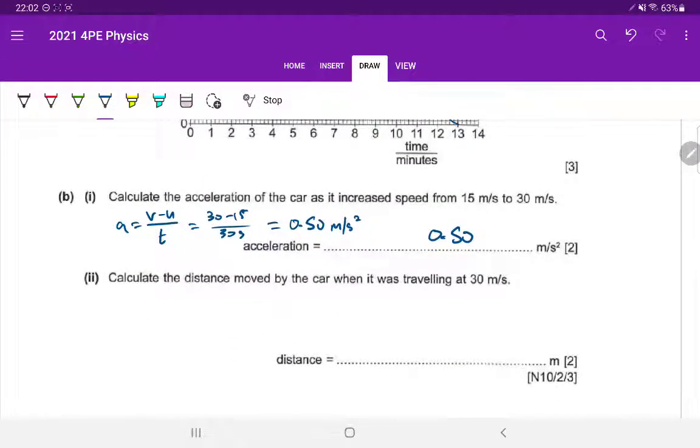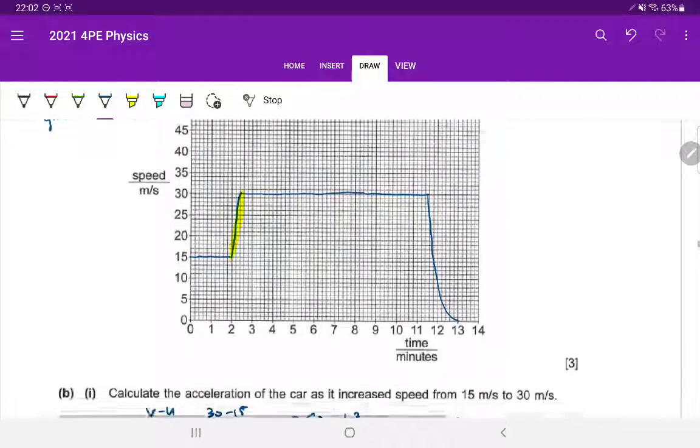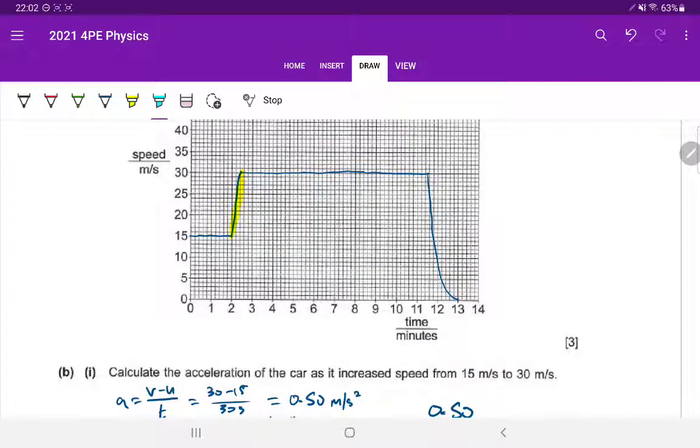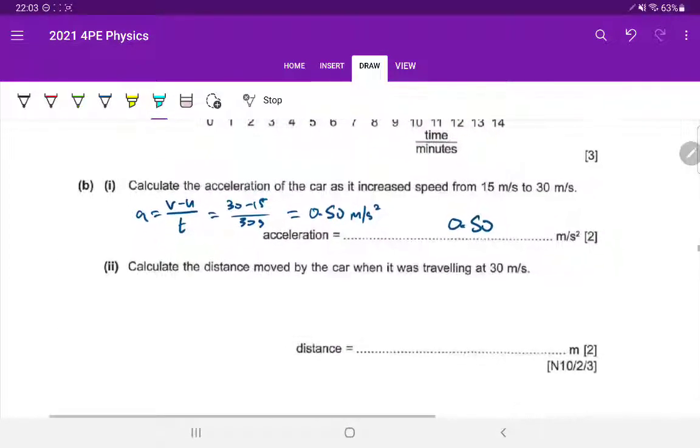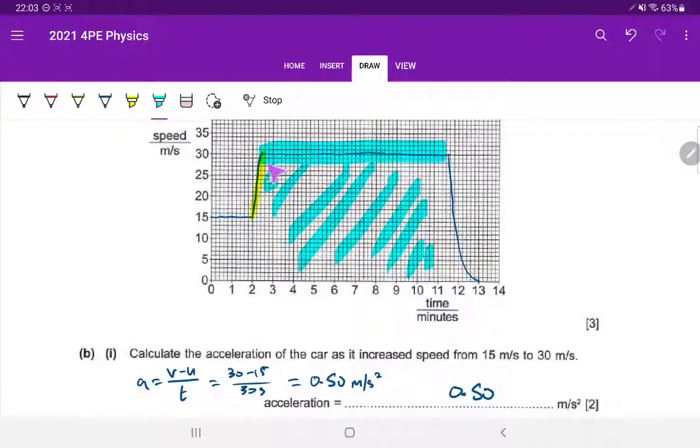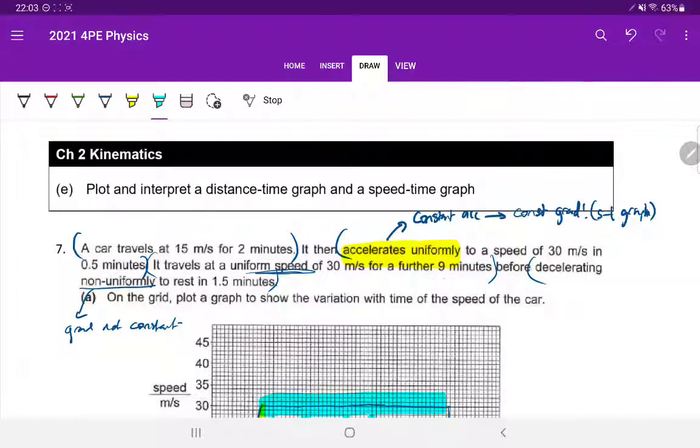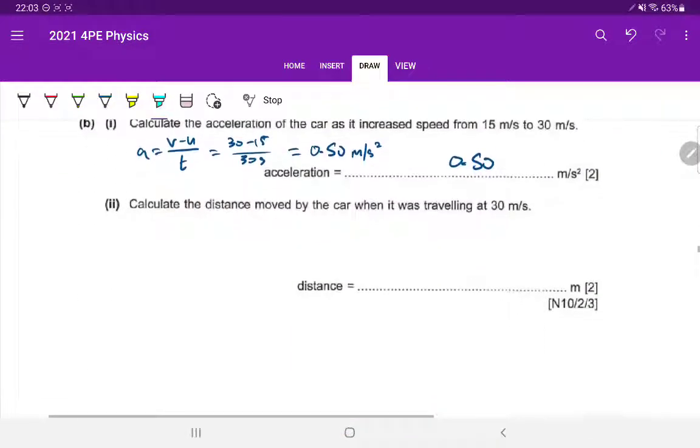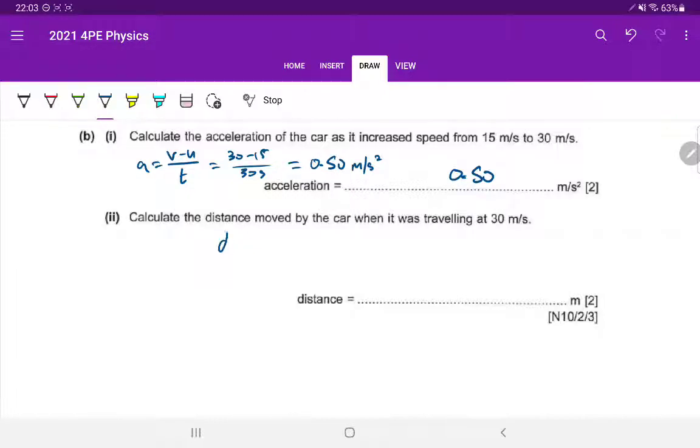Next, calculate the distance moved by the car when it was traveling at 30 meters per second. So this is again a recap. Now we're looking at distance traveled when it was traveling at 30 meters per second. Distance traveled is the area under the speed time graph. Okay, how do you find the area under the speed time graph? It will just be length times breadth. So the height is 30, right? And then the breadth is, they told you how many minutes it is exactly, 9 minutes, right? So distance traveled,